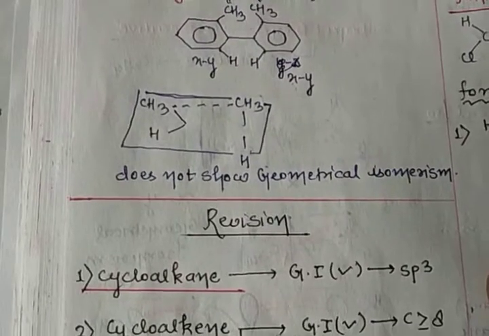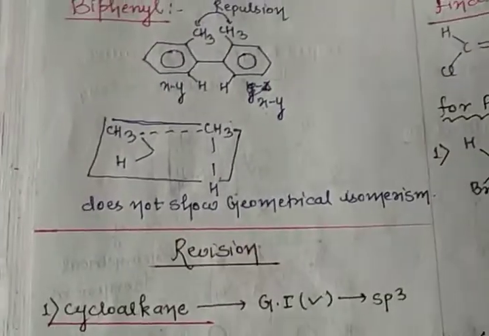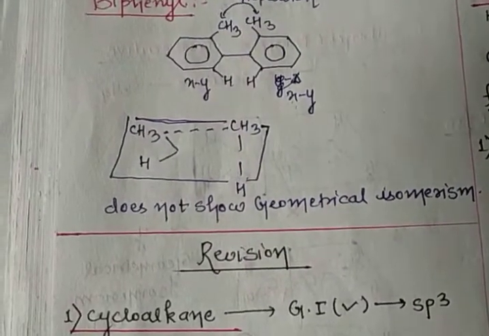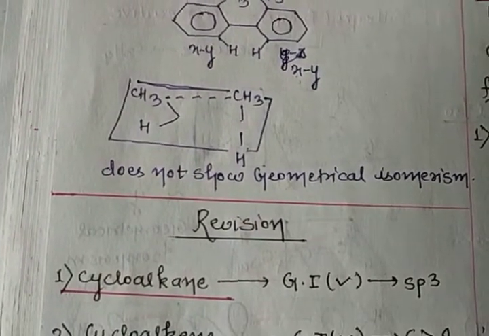Okay, clear? Okay, students. The next topic, in my next video, is finding the number of GI. Okay, suppose you have a problem with stereocenters, then message me or call me. Okay, clear?